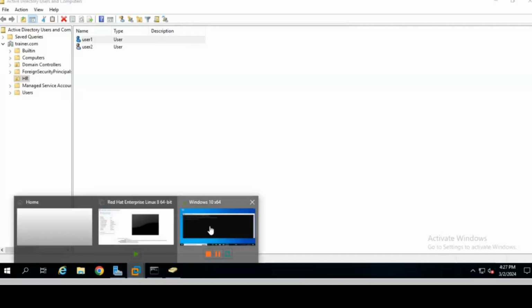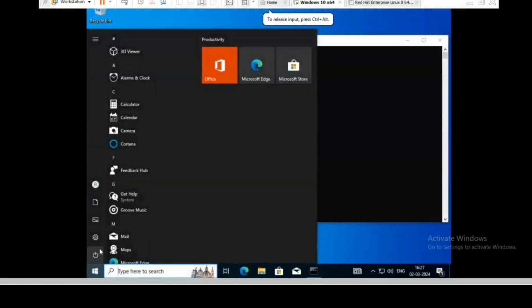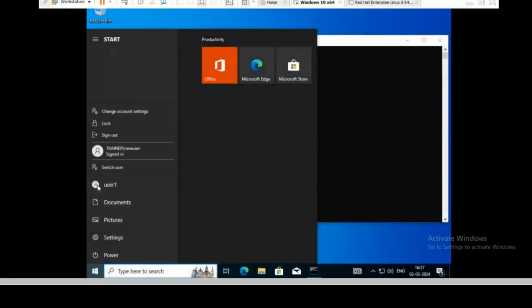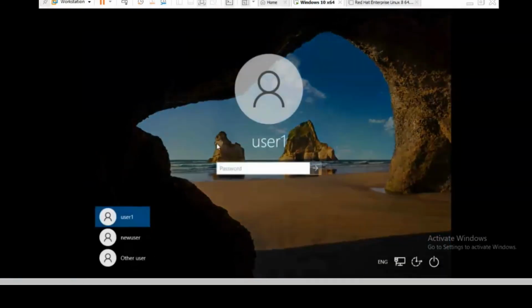Now just go to your client machine. Firstly, sign out of this machine. Then you can see the effect. Suppose your shift timing is over, and after that anyone tries to log in with this user.